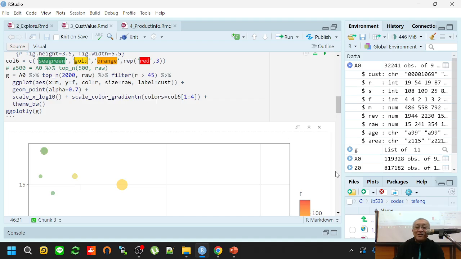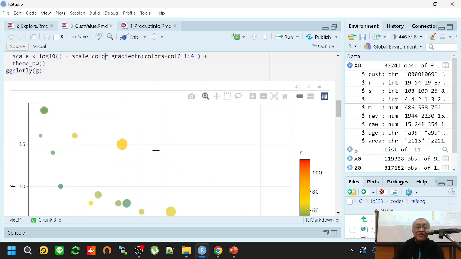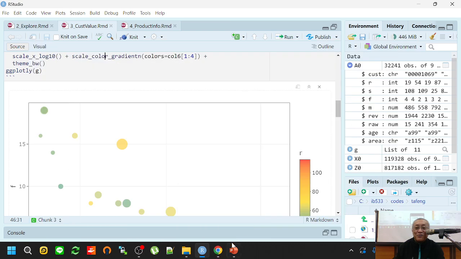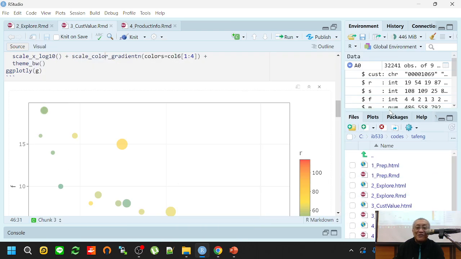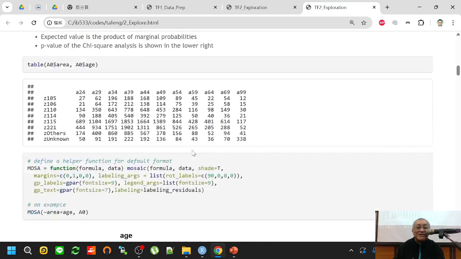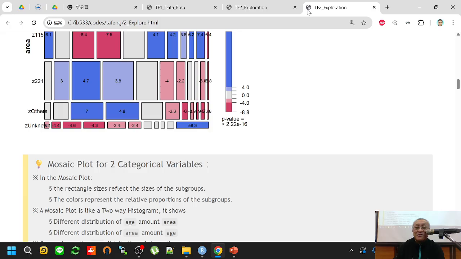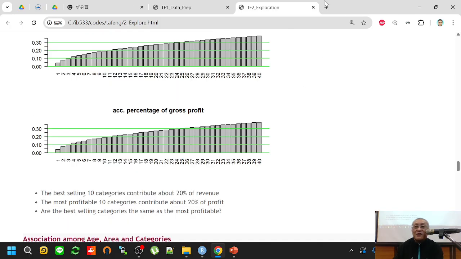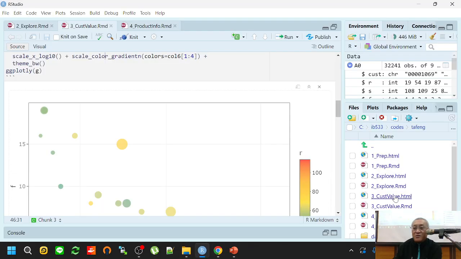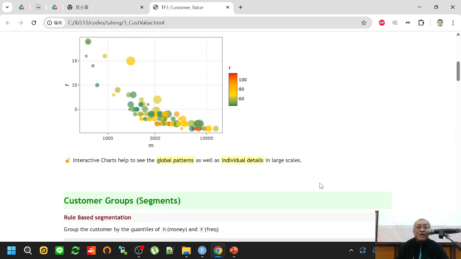Let's see it in the browser. It will be easier to see it in the browser. Now you can see that